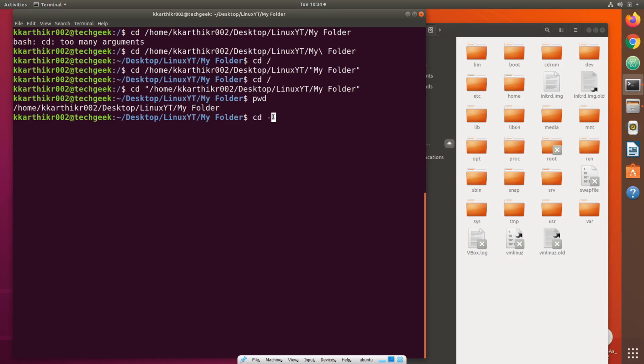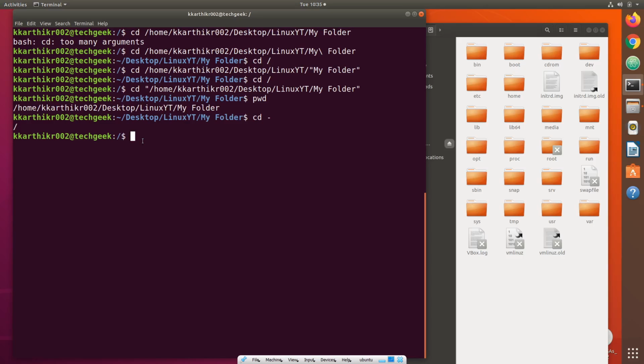We again wanted to go back to root folder, but without typing the path, we are using another symbol for this purpose. What hyphen does is it changes our directory to the last directory in which we were working. Let's go ahead and run it. See, it prints out the directory in which we were working and then changes us back to the directory.